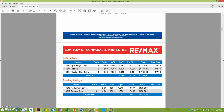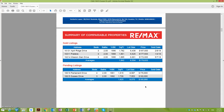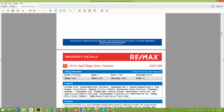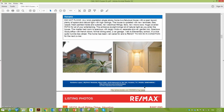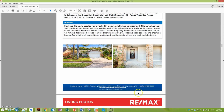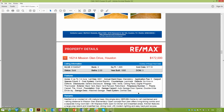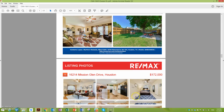There are pending properties right now; actually this property is pending for $160,000. So houses in that neighborhood sold in the 172 to 187 range. So this house probably has a good $20,000, almost $30,000 worth of equity. You will be able to see the homes, compare them to the property on Sussex, see how much these houses are really selling for in this area, and you will be able to view all this information as well as